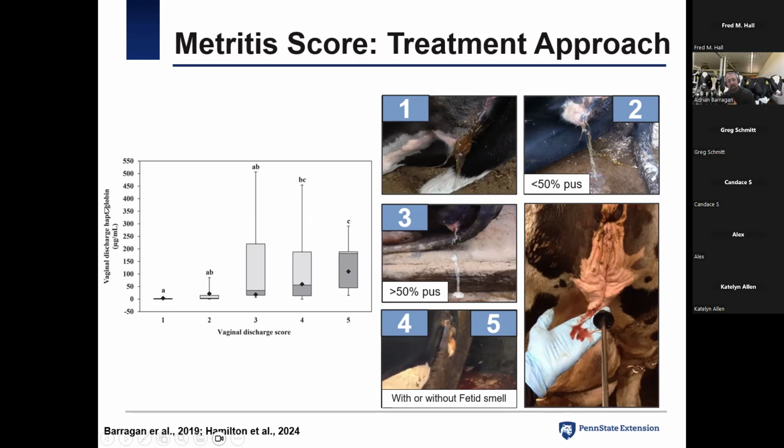So how much inflammatory markers were in that discharge were similar, but the 4 did not differentiate from 2 and 3, and the 5 was different from 2 and 3. So that's that same message that the other study gave us, that the 4 is not as severe as the 5, but it appeared to be different from the 1, 2, and 3, the normal ones, right? Although in this study it is a little less straight cut like the other one, it's definitely the same message that is given in this data set.